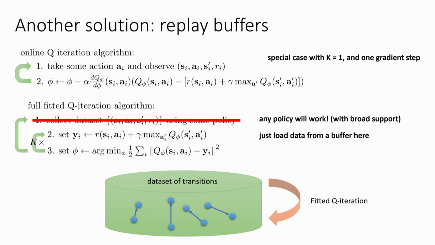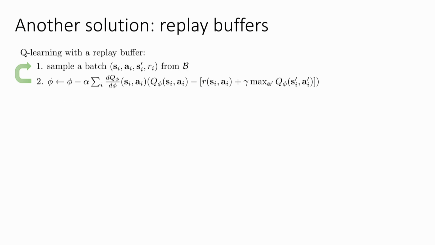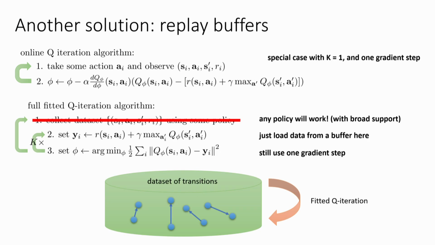So the mental model that you can think of for fitted Q iteration in this case is that you have this data set of transitions. You're running these steps 2 and 3 on that data set, loading a little batch every time. You can still use one gradient step here if you want, or you can use multiple steps. And then periodically, you can also go out and refill your buffer with some real-world transitions, but those aren't necessarily the transitions that you'll immediately use for learning. Those transitions just get added to your buffer, and when you actually have to train, you just choose a little batch from your buffer.